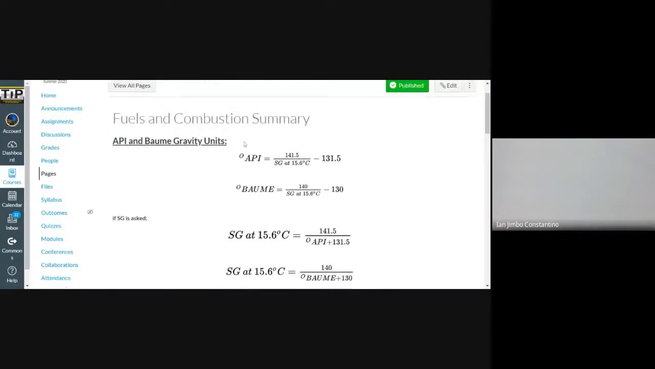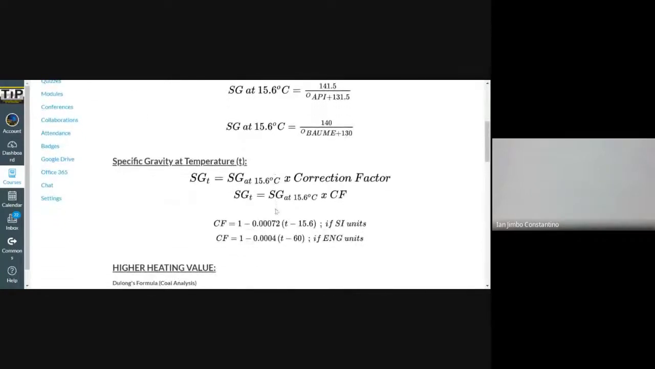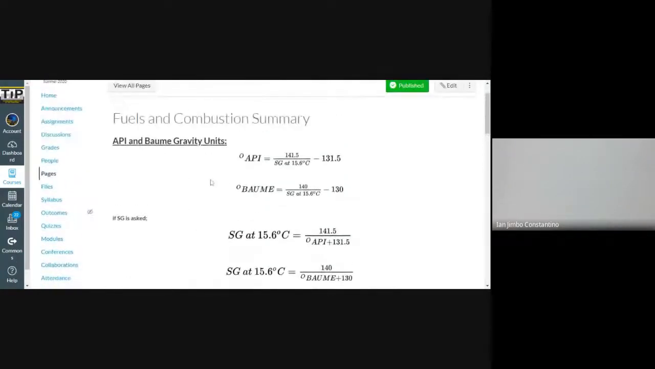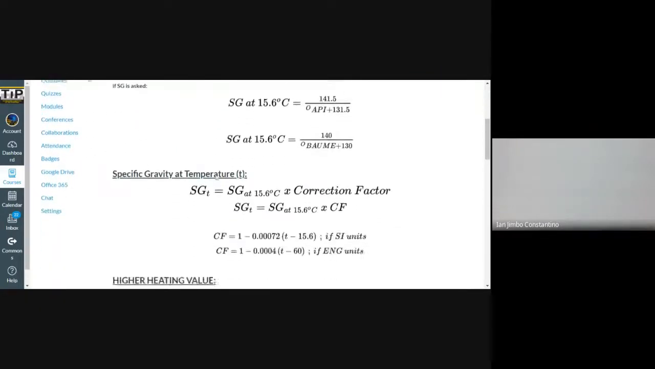This will be the last module and the last lesson that we will be tackling about this final term. And I hope that you will learn all these formulas. So, to recap, we have tackled about the gravity units, the specific gravity at given temperature, the higher heating value of your fuel, the lower heating value, the air-fuel ratio, and lastly, the ideal gas ratio. And now we will use them to solve sample problems where I got from recent or past